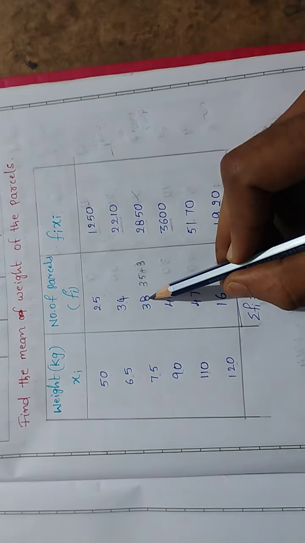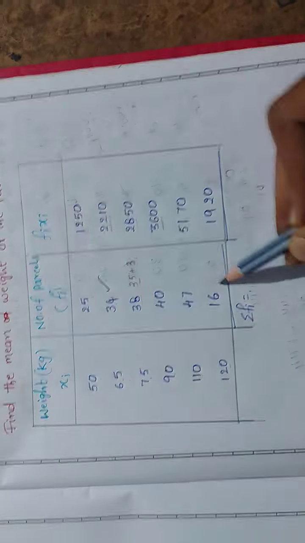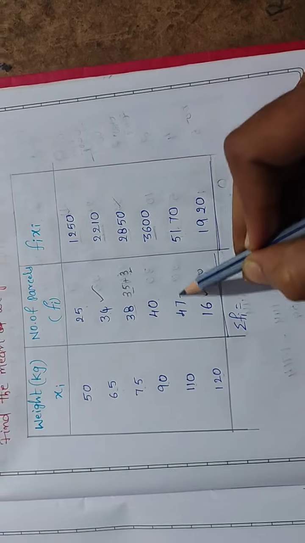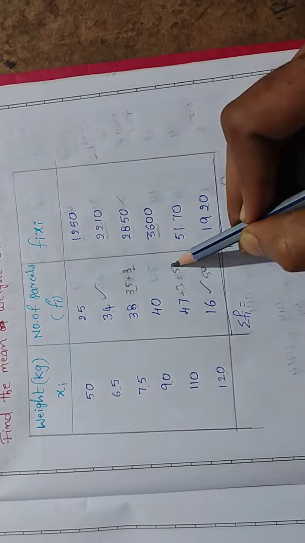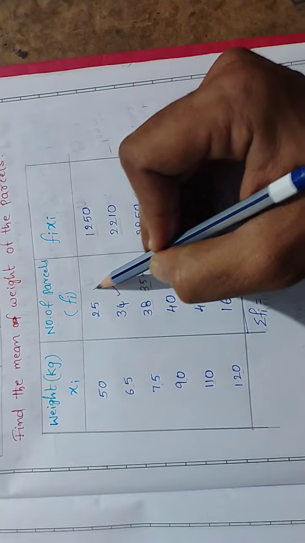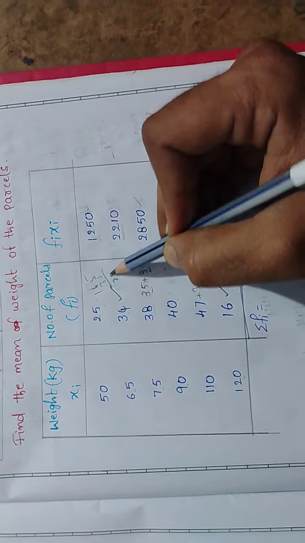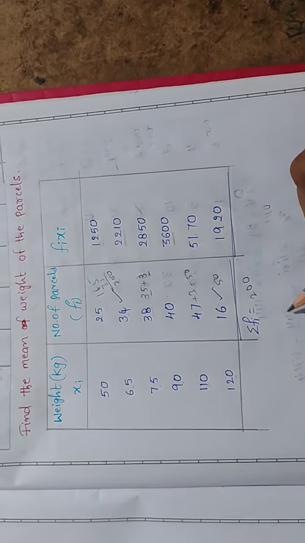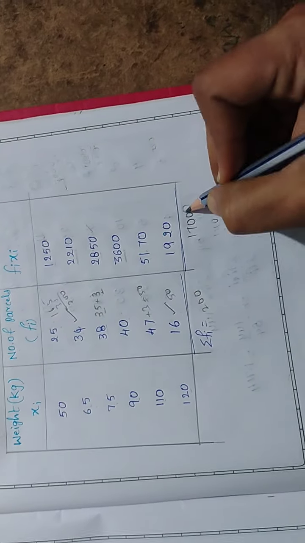Now this 35 you can write as 35 plus 3. Now look at this 35 plus this 16, it is 50. From here take this 3, add it, it will again be 50, 50 100, 100 plus 40 is 140, plus 25 is 165, plus this 35. Here how much are you getting? 200. So sigma f is 200. In the same way you have to add this one, and you are getting 17,000.